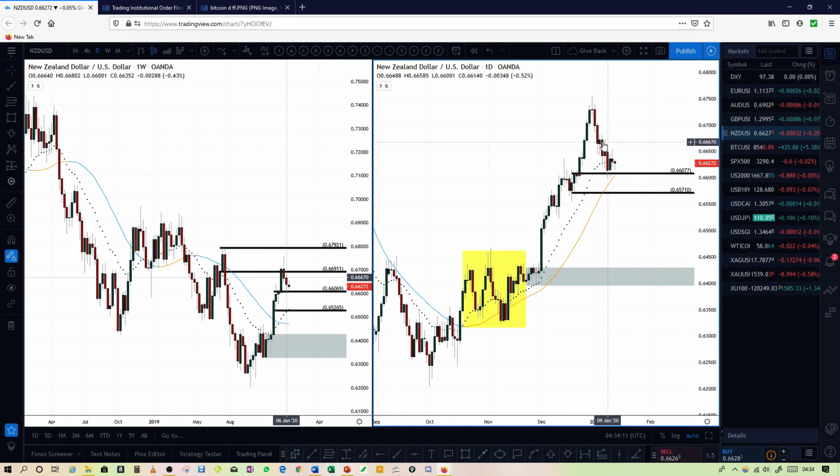But as you can see, you had this supply area, level on top of level, to deal with, which is where the buyers would have been, a supply and demand buyer. Buying at this demand zone, you would have been aware to make sure you take some of your profit off at least, and then wait to see what happens. So definitely looking for buying opportunities in the short term still, and even on the bigger time frames, looking for buying opportunities in here. You might just have to wait a little bit